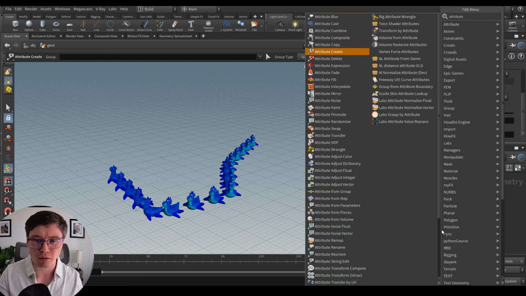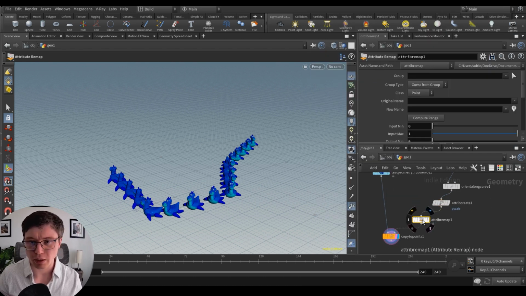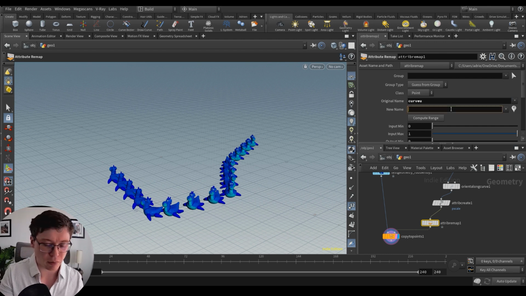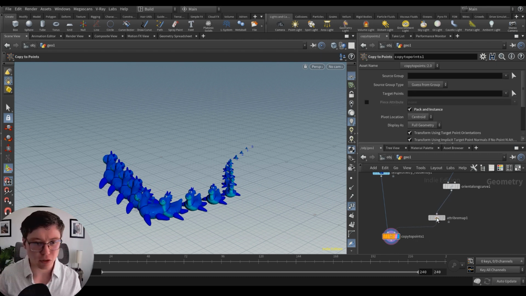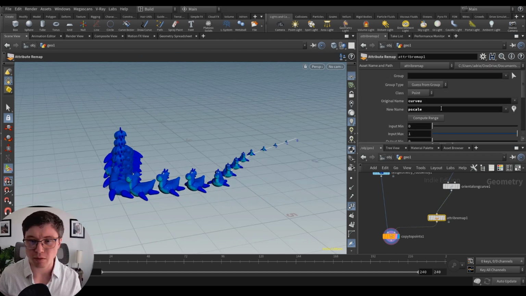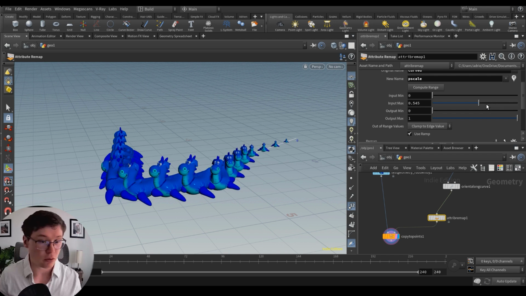I usually do everything either with VEX or VOP. Attribute edit, maybe? Attribute remap, yeah, let's try that. So attribute remap could basically take curve U and say the new name is going to be pscale. Yeah, so we can basically delete this guy. And all of a sudden we see that we can remap everything based on the curve U attribute.